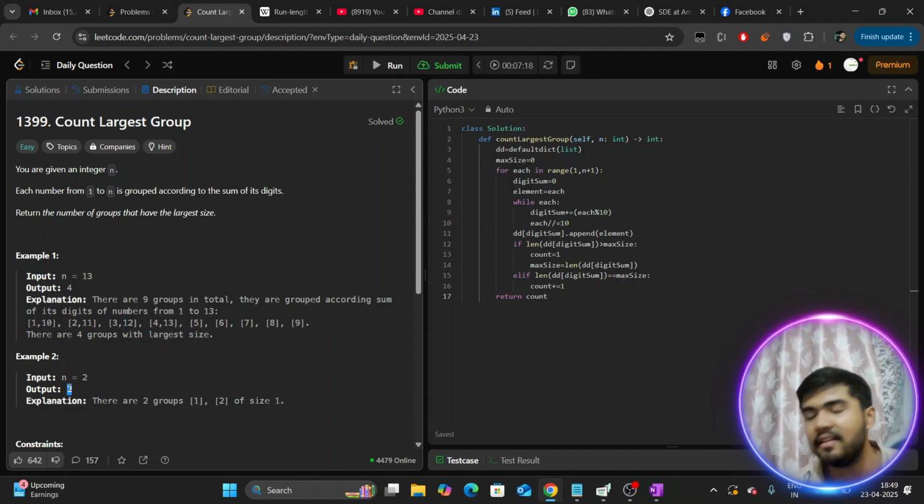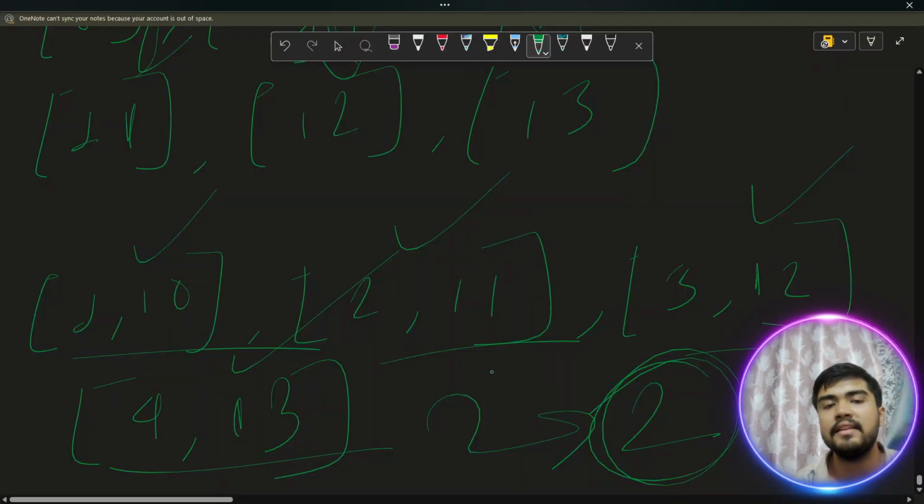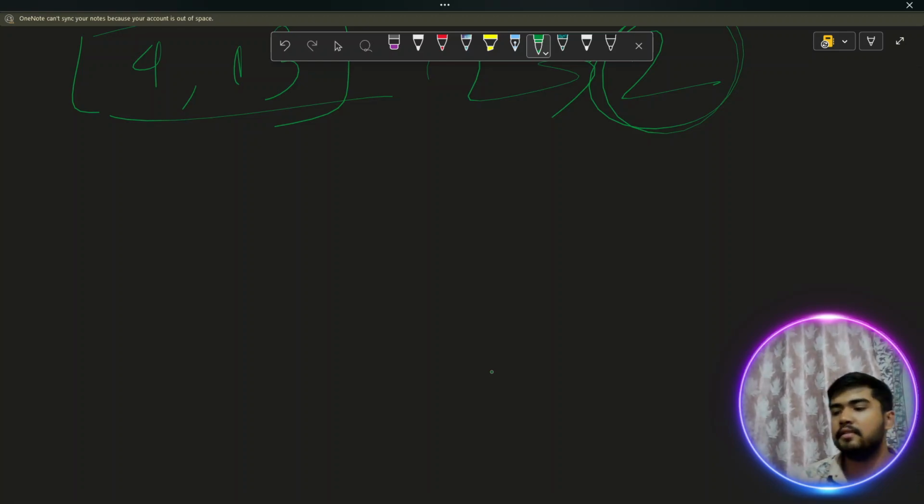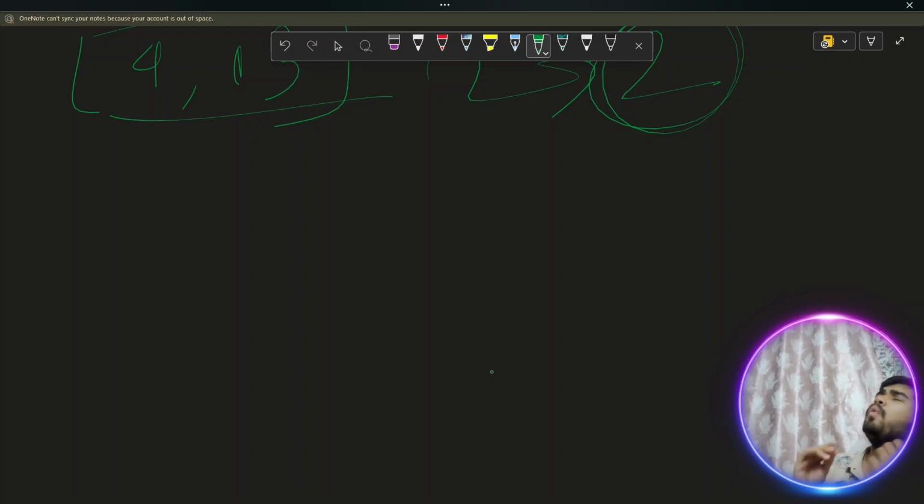Now I think on that OneNote dry runs, you guys already got the gist, but if not, then I will just give a pseudocode level dry run so that you can get the gist, so that basically the pseudocode or the code is going to be set in your brains as it is, right? So what actually